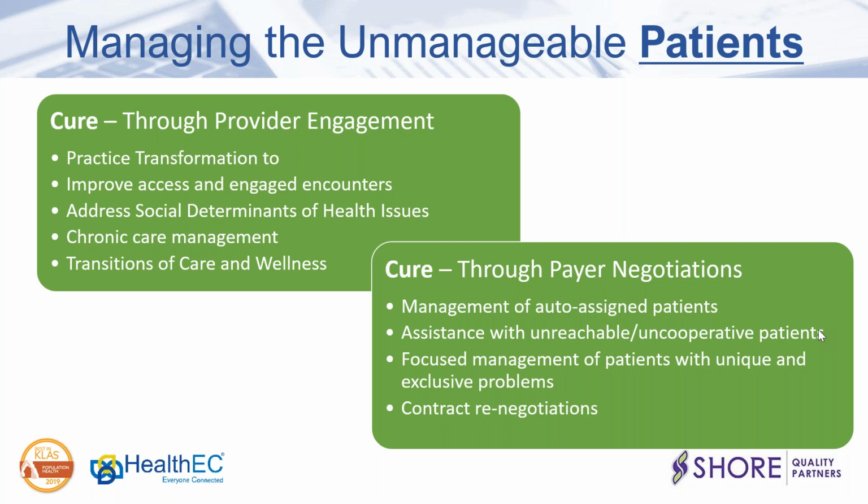Through our payer negotiations, through the ability to have a discussion, not for Medicare specifically, but for the MA plans and Medicaid and commercial ACOs, a conversation with the payer could help. The payers will take over responsibility of finding an alternate site of service or a provider for a particular patient that doesn't have access to the right group of consultants. But in the Medicaid world, auto-assignment is an issue because the providers and the ACO don't even know that these patients have been assigned to the ACO for the mere fact of being a zip code analysis. And so keeping track of that is important.